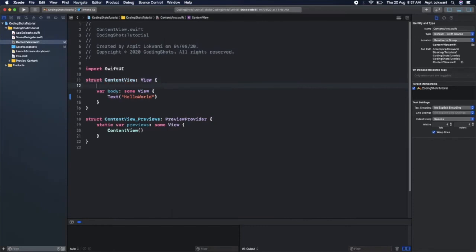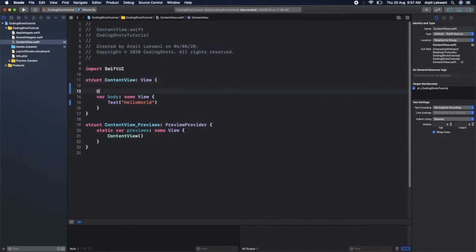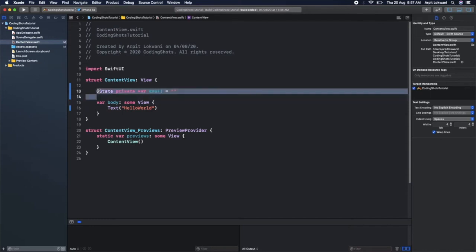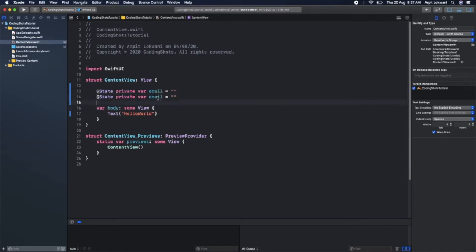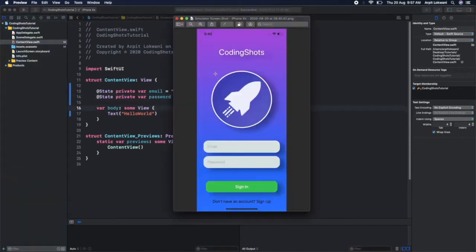First I need to create two variables, which are of type state. The accessor should be private, where email, okay, we can say fine. Now similarly we can use it for password as well. Looks fine. So now we need to think, by seeing the image, what the stack should be, vertical or